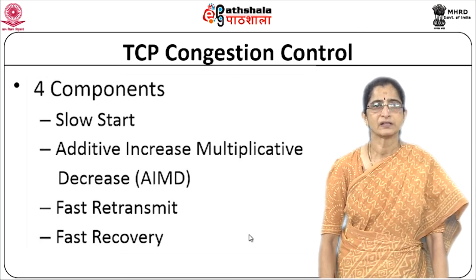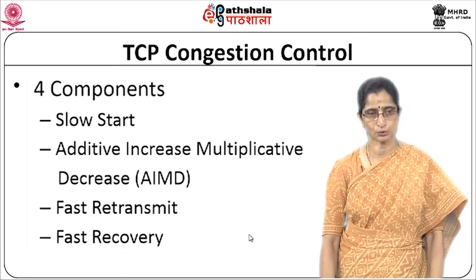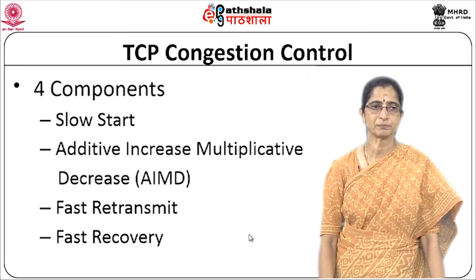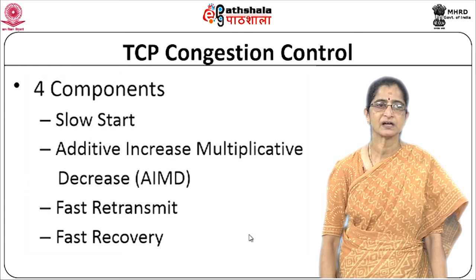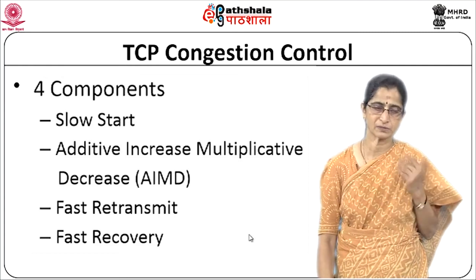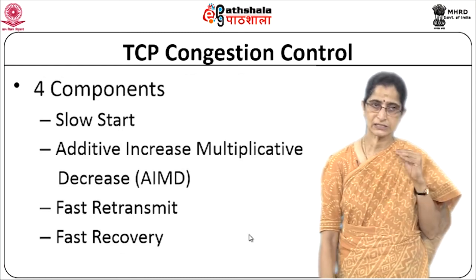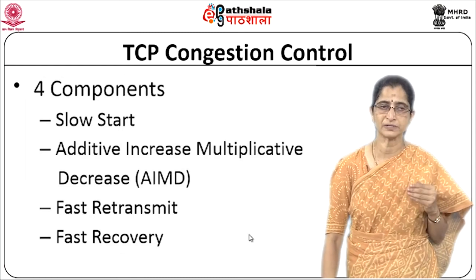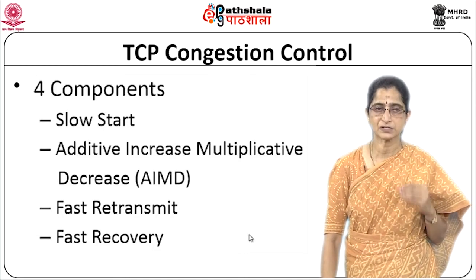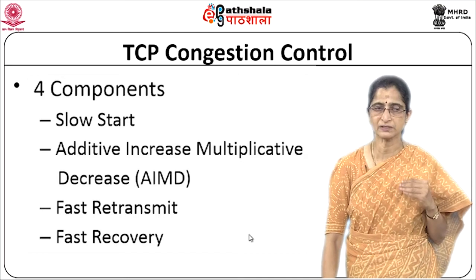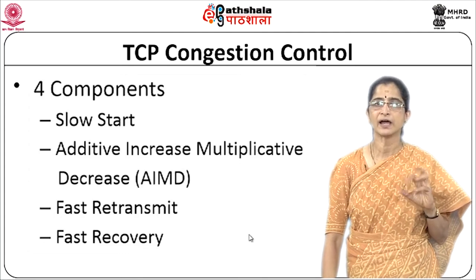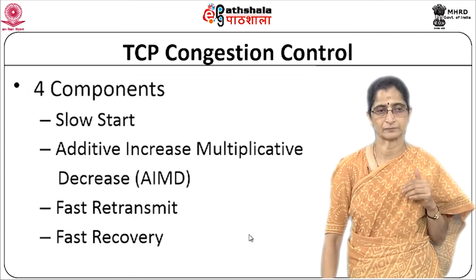If you look at the different congestion control mechanisms that we have looked at so far, there are 4 components. One is slow start, the other is additive increase, multiplicative decrease, the third is fast retransmit, and the fourth is fast recovery. All these 4 techniques we looked at in the previous module. What we are now going to look at is how these 4 components are used in the 2 different versions, TCP Tahoe and TCP Reno. That is what we will start with. Then we will look at the problems that occur in these combinations and how they are being rectified.